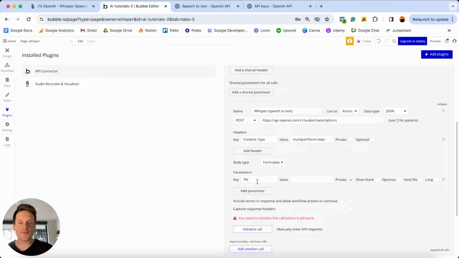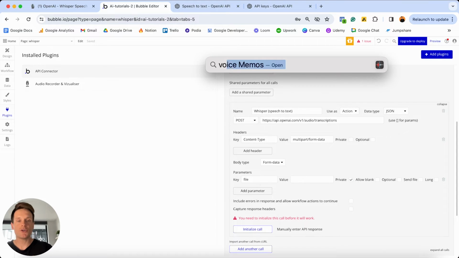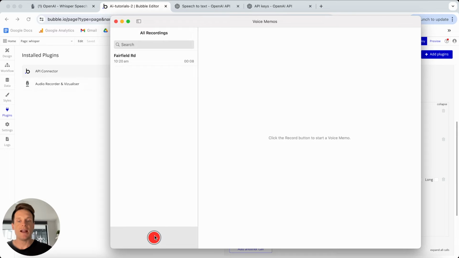And so if we're sending through an audio file, I now need to create one. So if you've got something like an MP3 on your device, you can upload this. But if you don't, what you can do is record a quick audio file. So for instance, I'm currently using a Mac. So what I'm going to do is open up my voice memos here,